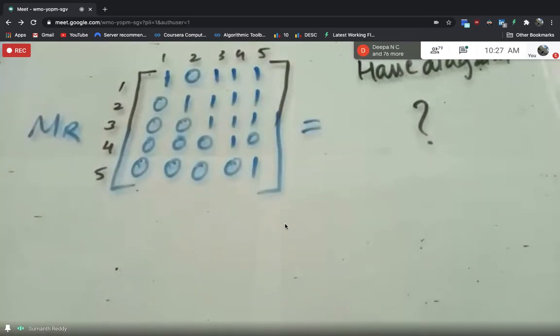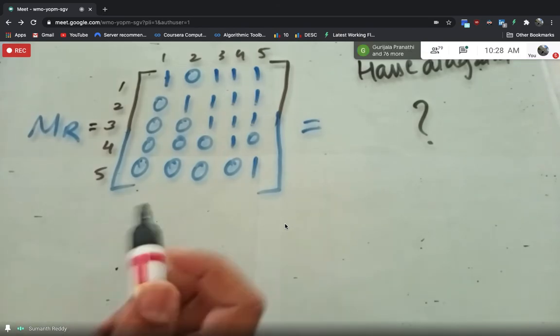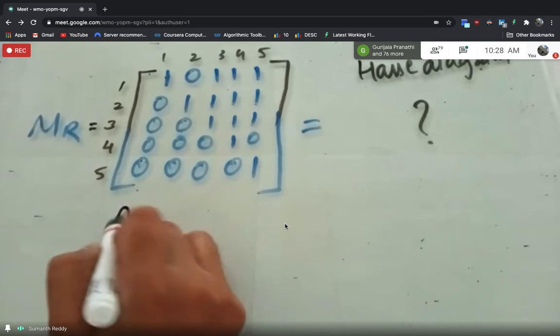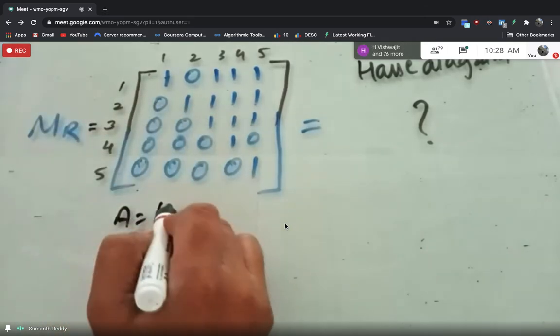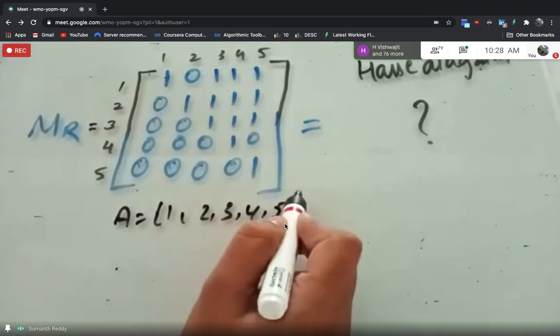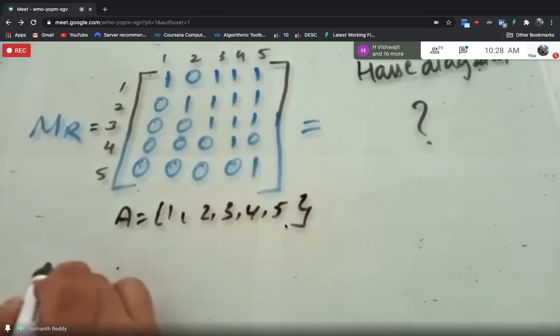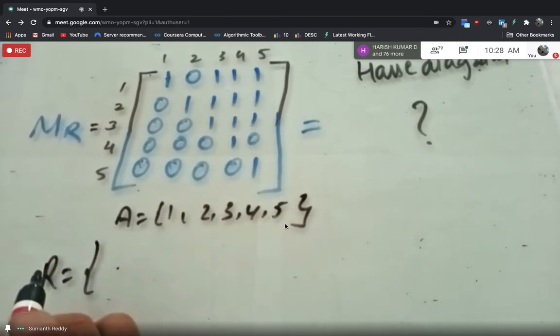Okay, in order to write the Hasse diagram, actually elements are required. So now I have given you the elements. So it is related with the elements 1, 2, 3, 4, 5. Okay, I think you people are solving it. So parallelly, I will also solve. So if you have any doubts, you can just clarify. Okay, so here from the matrix we can make out the elements are 1, comma 2, comma 3, comma 4, comma 5, right? So the relation ordered pairs, it will be like